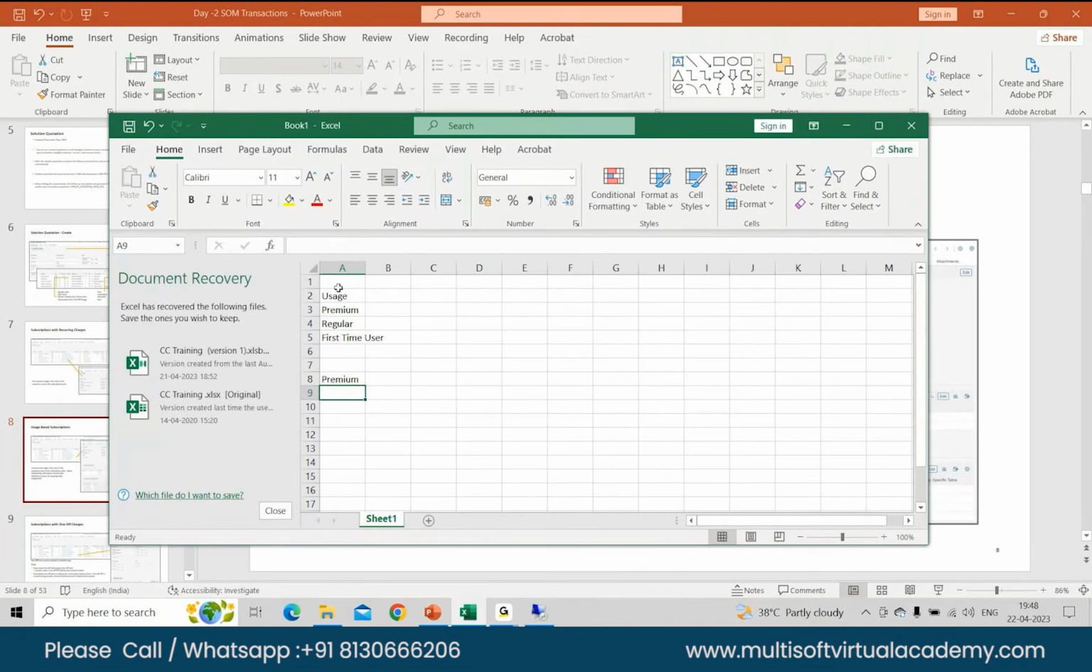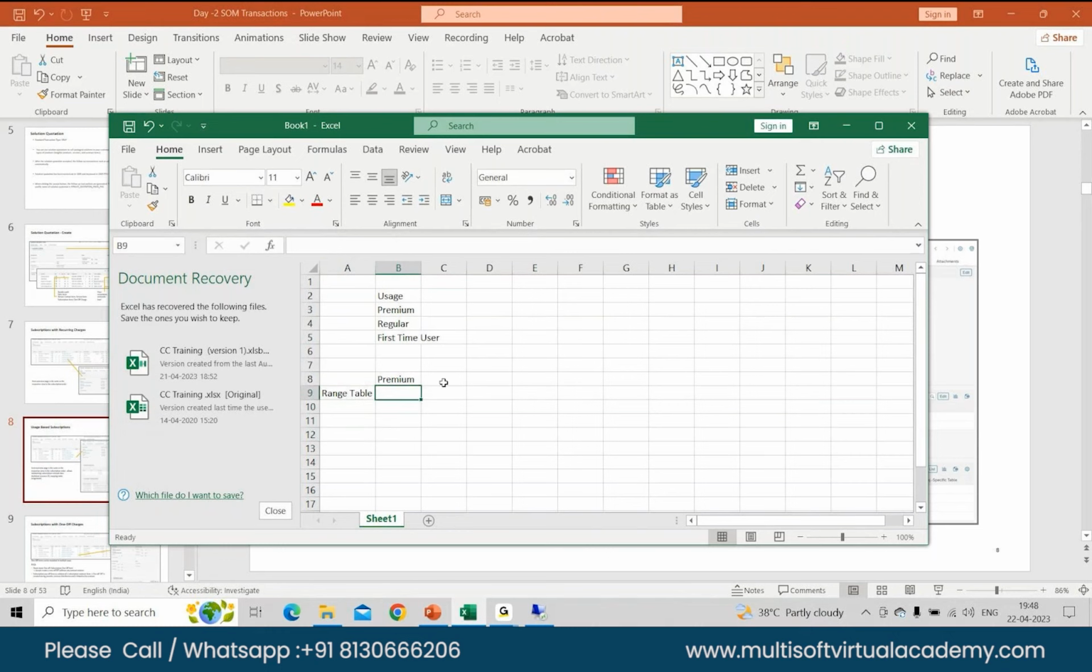Using that, let's say this is a range table which I'll be using. A range table is something internal to CC. We'll discuss this when we come to the CC topic. But let's say a range table is something where, based on certain ranges, you have certain rates. So let's say for your premium customer, this is a range of